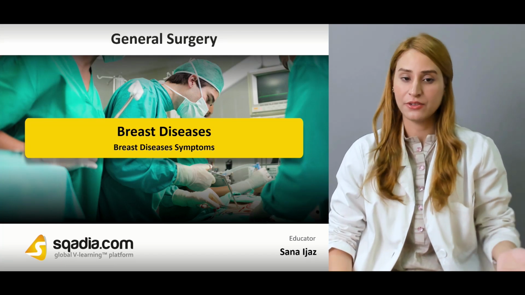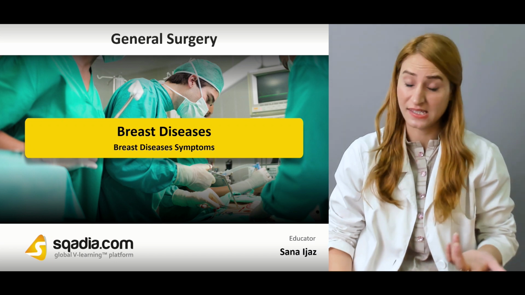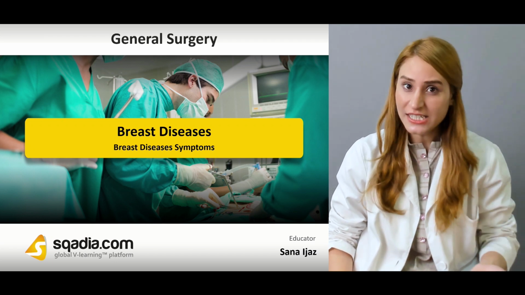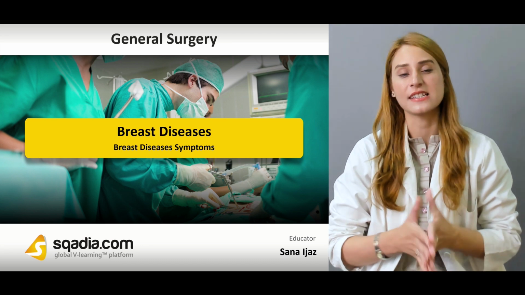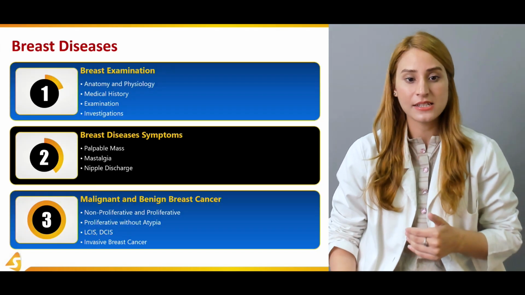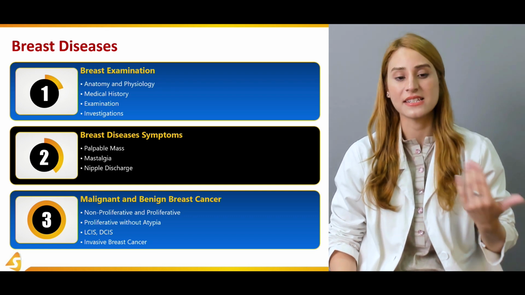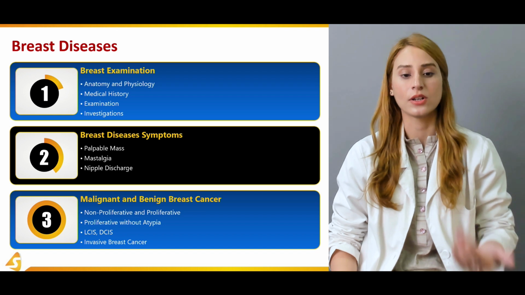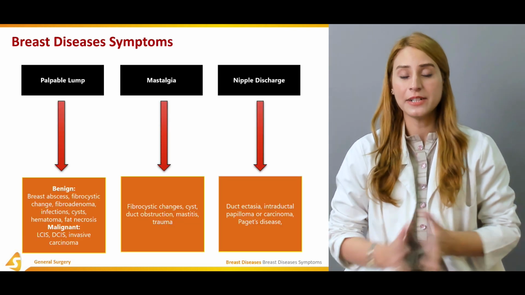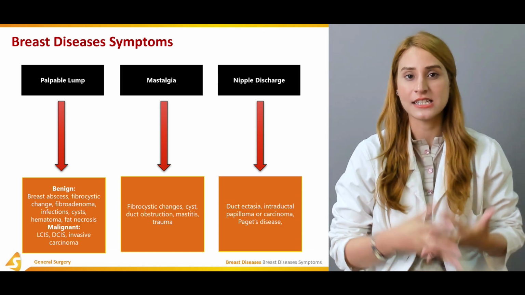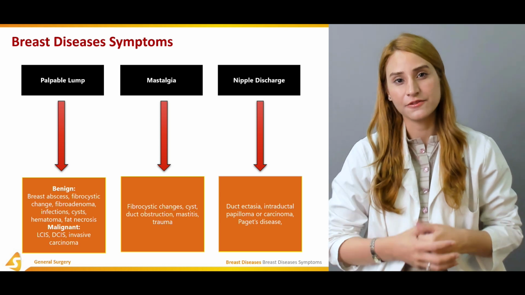Okay, so now this is section 2, and in section 2 we're going to discuss breast disease symptoms, how a patient with a breast disease is going to present to you. So in this section we'll talk about palpable masses, mastalgia, and nipple discharge. This is a very, very important flow sheet, and this is really going to help you